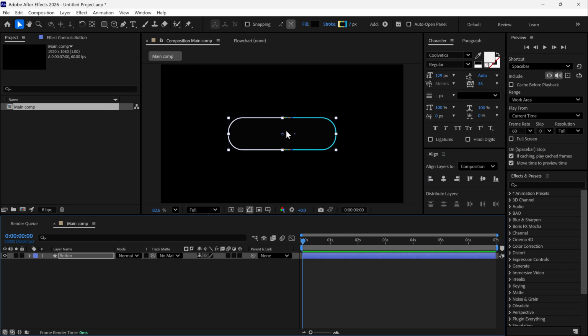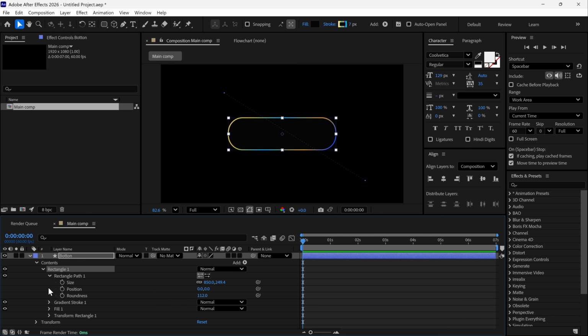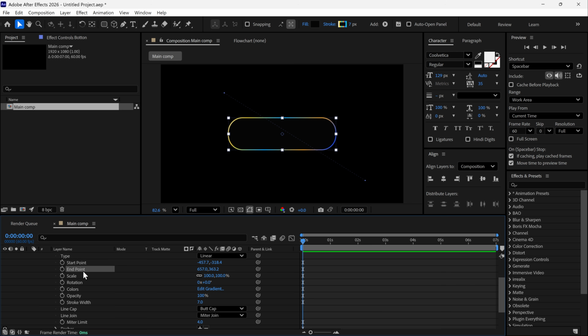Next thing is that this is a gradient color point, so we can adjust the gradient by adjusting the points. To animate this gradient points, you have to open the shape properties, and under the gradient stroke option, you will get a start and end point. And you can manipulate the points from here. So I am going to add a keyframe on it,